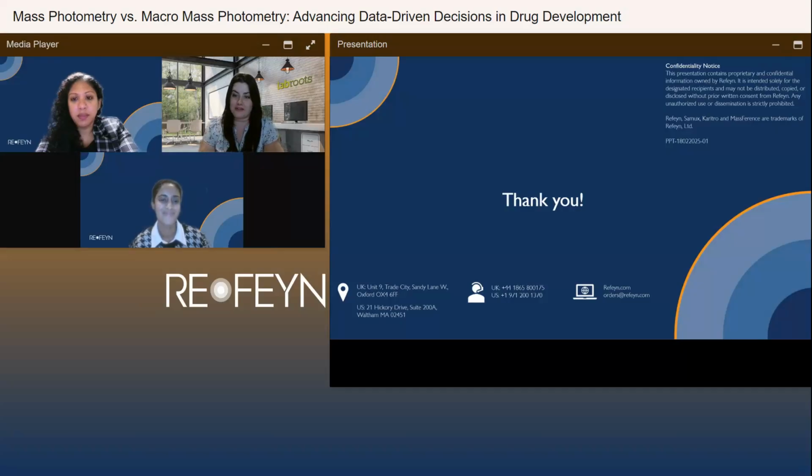Our next question is asking, how do these methods reduce hands-on time and enable walkaway operation? This is another great question, Cassie. We didn't have a chance to go over in detail the different products that we have available. We've discussed the different product lines: the 2MP for the 30 kilodalton to 5 megadalton mass range, the SAMX line optimized for AAVs up to around 6 megadaltons, and then the Caritra line for those larger